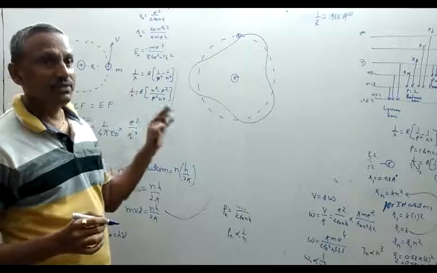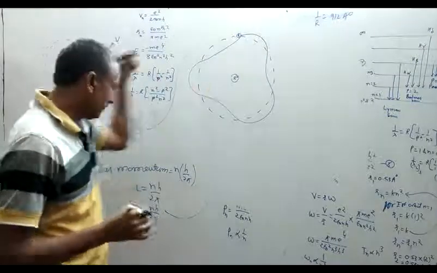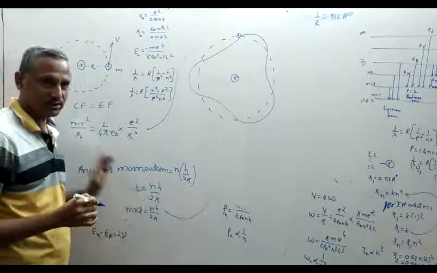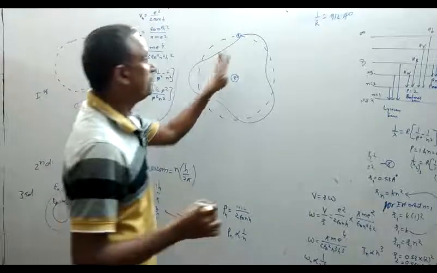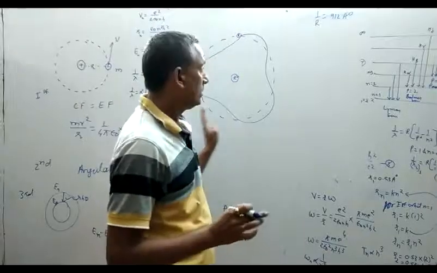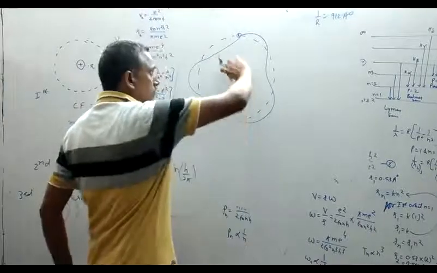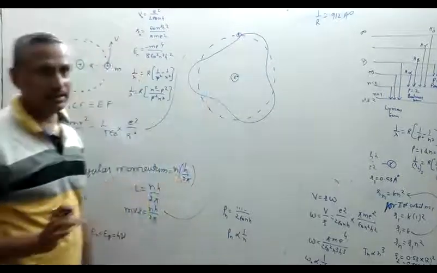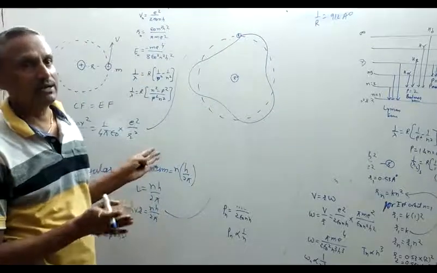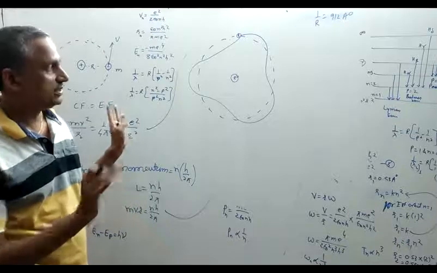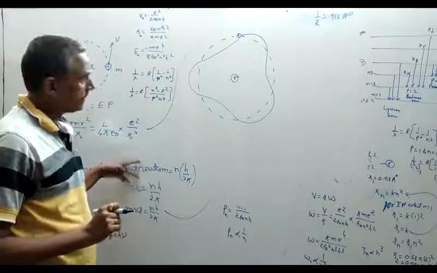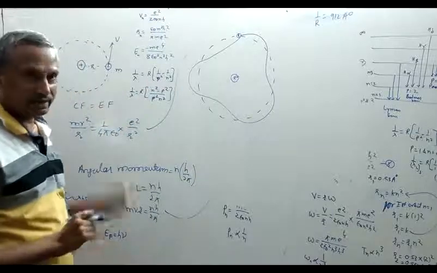So electron is revolving in only those orbits having angular momentum equal to an integral multiple of h upon 2 pi. So it is very important. If the phase of that electron is not correct, then it is impossible for that electron to move in that orbit. So it is according to the second postulate of Bohr's theory. This law is verified here.